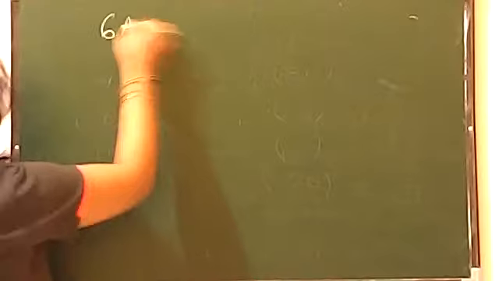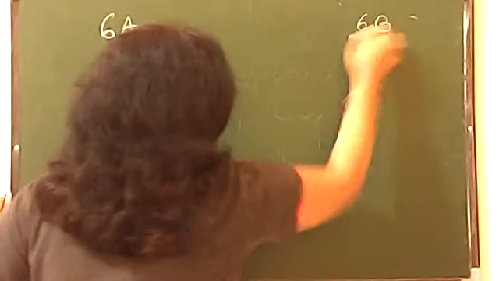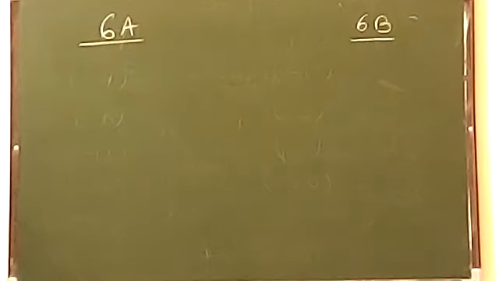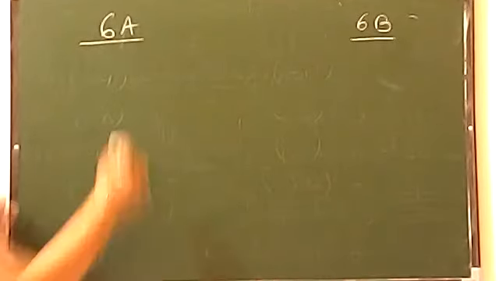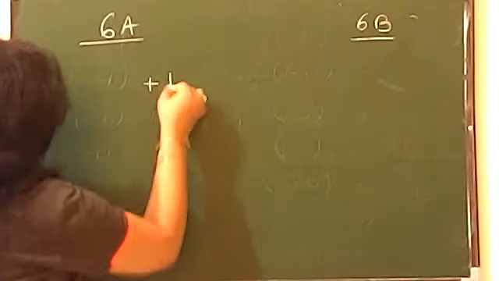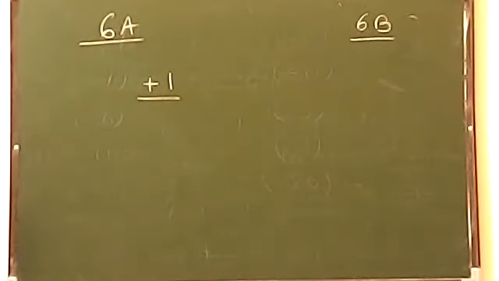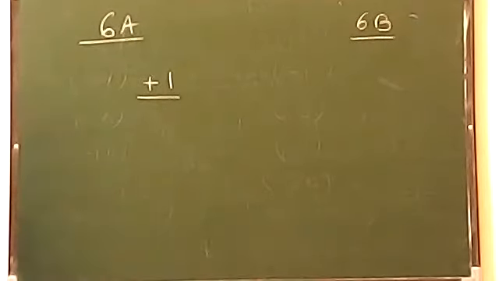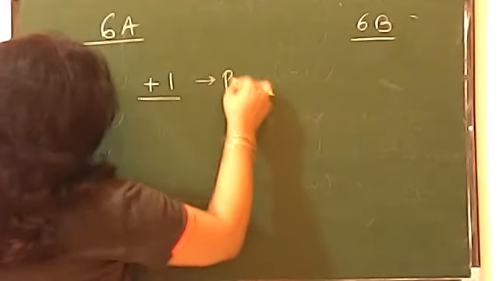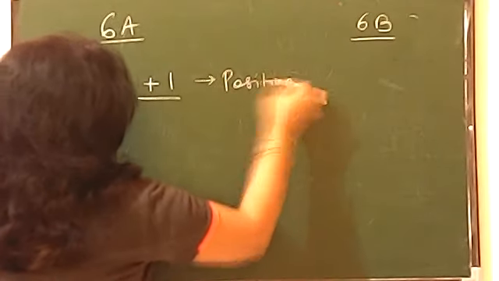Okay, suppose students in your class, like as you all are sitting, 6th A and 6th B. You are all sitting as 6th A and 6th B, coming and studying together. Suppose your class teacher says that you have a very good boy in the class who is very polite, very shy, very obedient, listening to everything, responding to everything, studying everything properly. That boy, I denote as a positive boy, one positive boy.